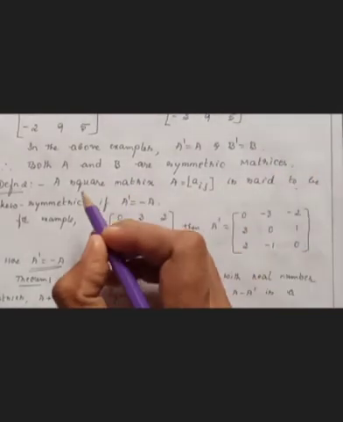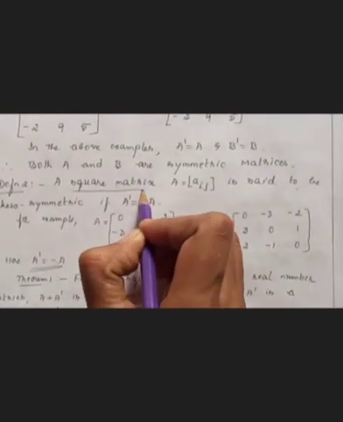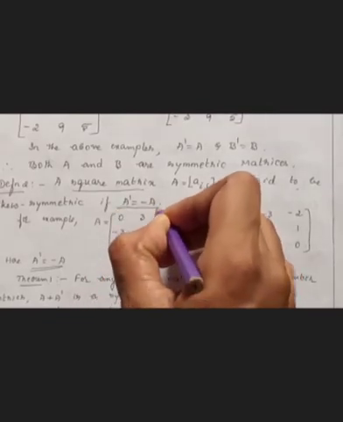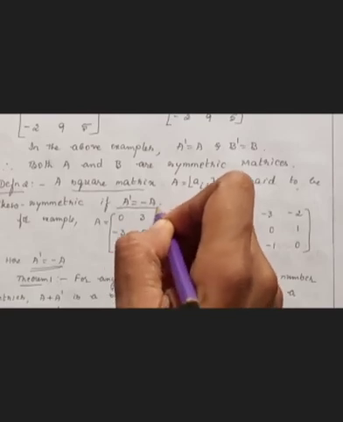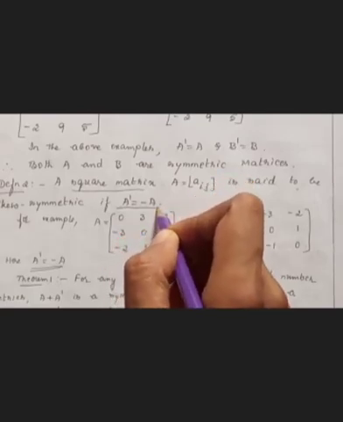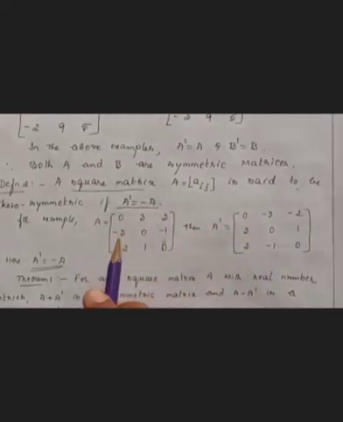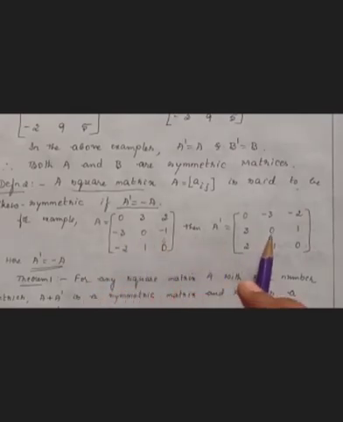So, there is one more. Skew symmetric matrices. Here also the matrix should be a square matrix. Skew symmetric if and only if A dash is equal to minus A. If A dash is equal to A, it is a symmetric matrix. If A dash is equal to minus A, this is a skew symmetric matrix here. The example. Let A be this matrix. Then A dash is equal to this one. That means